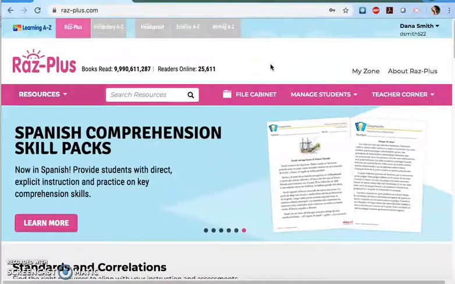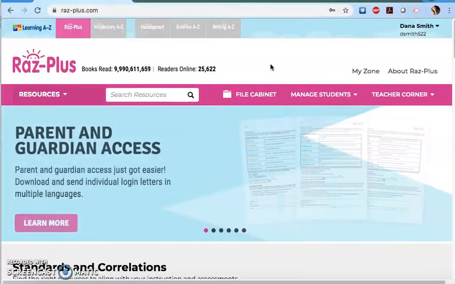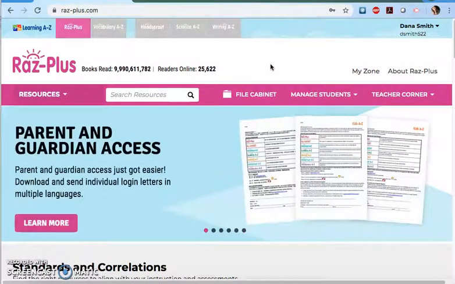My name is Dana Smith, and I have been utilizing this resource since I first began teaching. I haven't been teaching long. This is currently just my fourth year. However, I was first introduced to RazPlus or Reading A to Z when I was teaching first grade in more of an urban district,